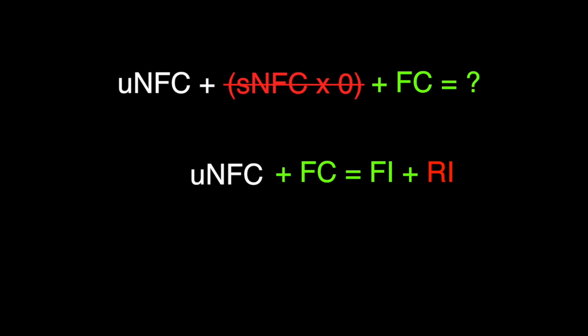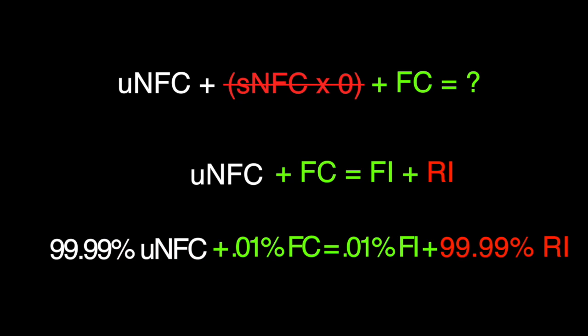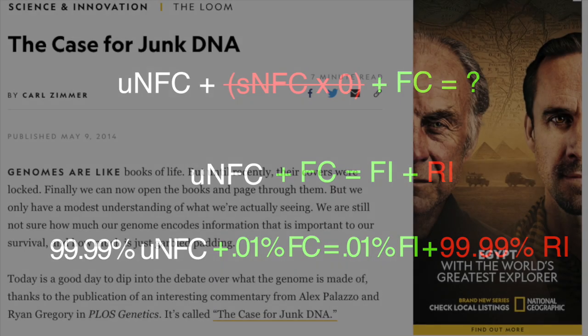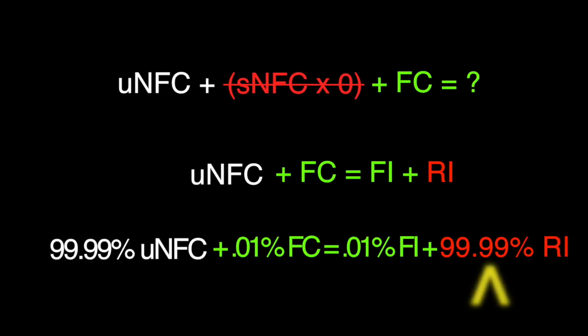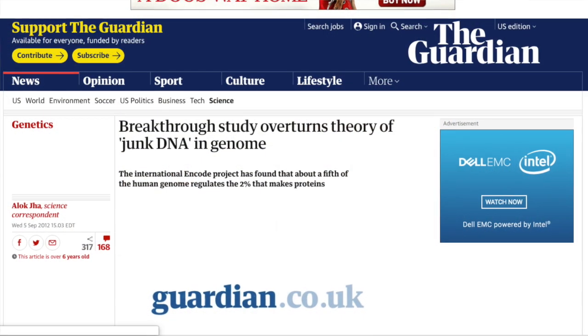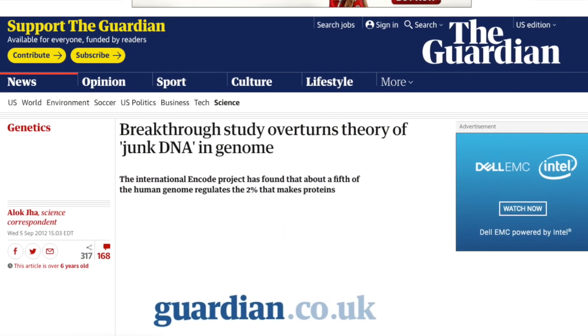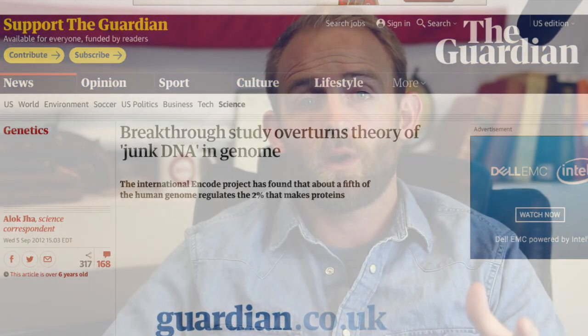Now, based on Kimura's calculations, over 99.9999999% of the changes to the genome are not affected by selection. So, realizing this, scientists hypothesized what became known as the theory of junk DNA. This is just the idea that most DNA would just be random, and that we would only have a small portion of the DNA that would actually be functional. But they were wrong. The 2001 ENCODE project and others since then have shown that the vast majority of the genome is functional. And in fact, the amount of junk DNA keeps shrinking more and more as they study it more and more. So what does this all mean?